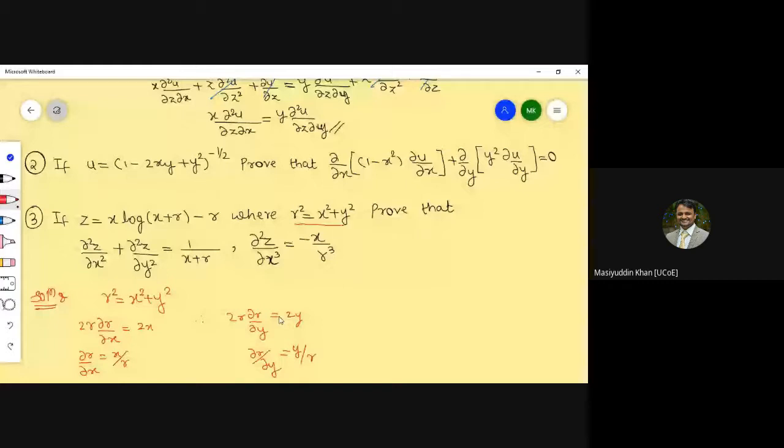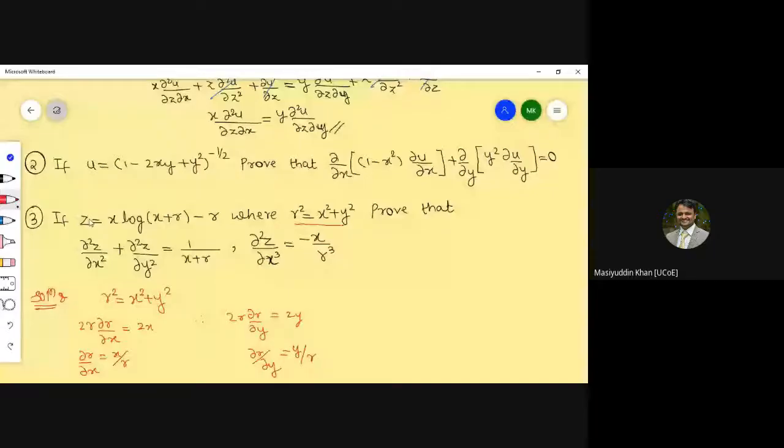Telling you this part is because while differentiating this part partially, जैसे ये जब इस part को आप partially differentiate करोगे, तो एक थोड़ा सा एक स्टेप में खाली एक्सप्लेन कर रहा हूँ यहाँ पे। आपके पास z इक्वल टू x इंटू log of (x plus r) minus r is given. So while differentiating this part partially with respect to x first,